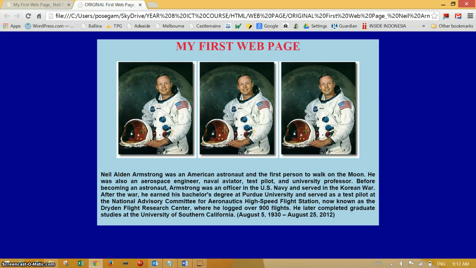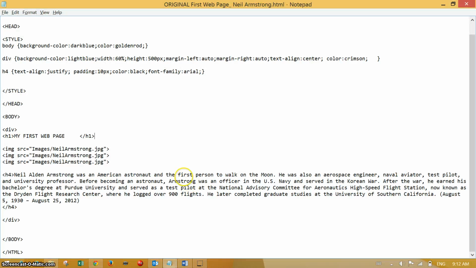Hello, this is our original first web page. We've got three images of Neil Armstrong, heading in H1 text across the top, and we've got some text styled as H4 text in our page. If I switch to our code, there's the body with its dark blue background color and text is goldenrod in